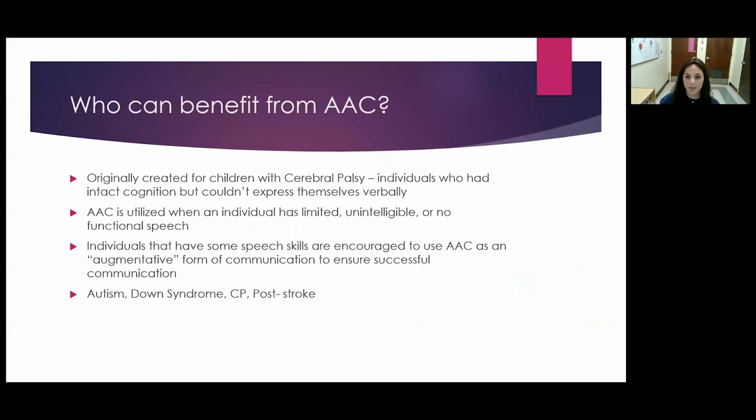So who can benefit from AAC? So in the first video, I know you saw a lot of children with CP, because interestingly enough, AAC was not originally created for children with autism. It was really originally created for children with CP, with cerebral palsy. And these are individuals whose cognition is completely intact, but couldn't express themselves verbally. Therefore, someone came up with this idea of AAC, and incredibly enough, it's really been moving along, not just to CP, but autism, Down syndrome, post-stroke, ALS, like we said, and there's really a variety of individuals who can benefit